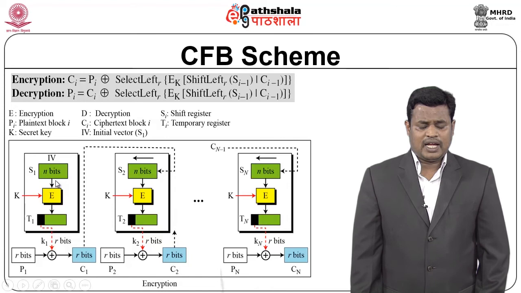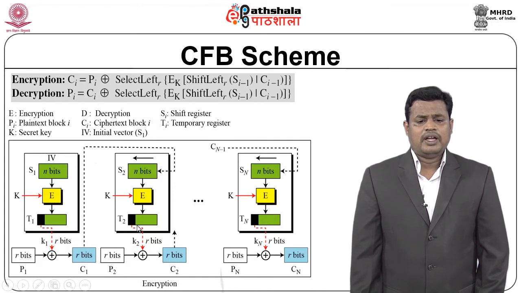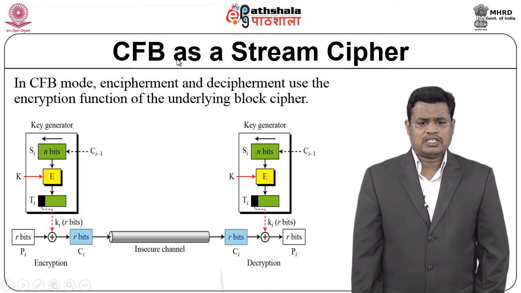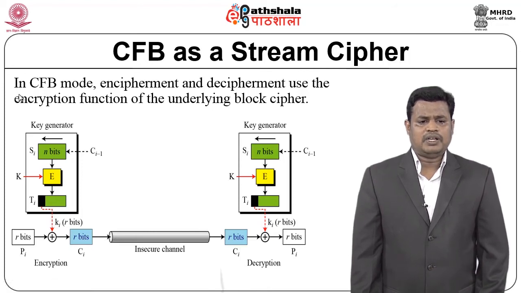Instead, I am taking the initialization vector and also part of my R bits from the cipher blocks and feeding them as input to my encryption process. So, this mode of operation is suitable for the stream cipher, where I can do bit-by-bit encryption. Block cipher means I take a group of bits; stream cipher takes one bit at a time for